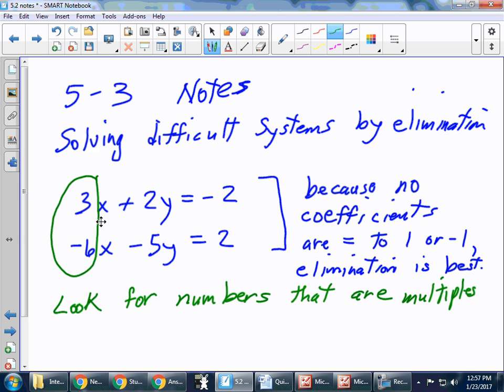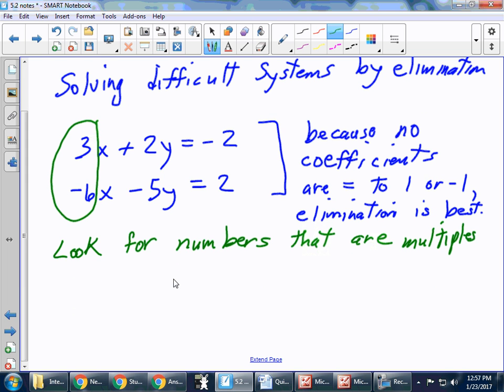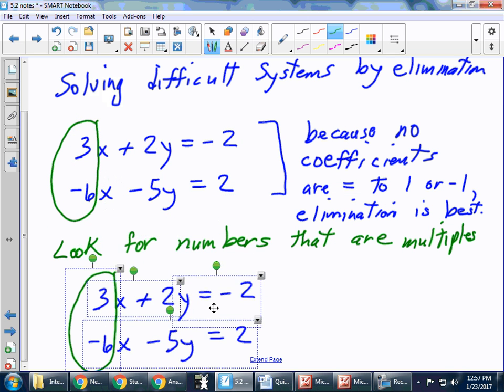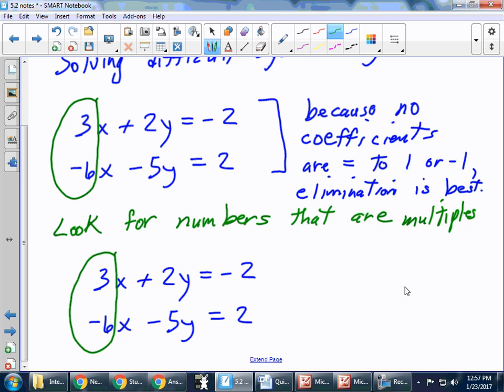There you go. Now, notice that 6 is twice as big as 3. And just think absolute value. Don't worry about sign for right now. 6 is twice as big as 3. That's a good thing when you're trying to do elimination. Okay? So what we're going to do, let me clone this. Move it on down here. So what we're going to do here